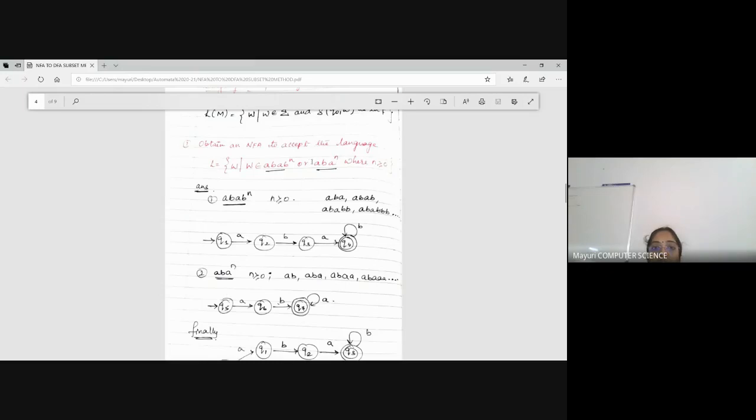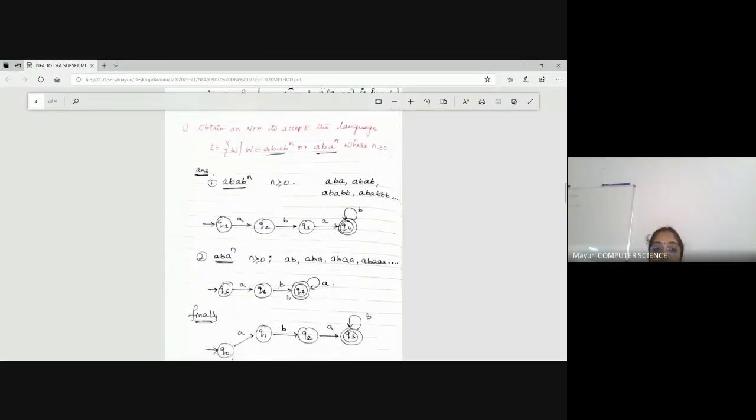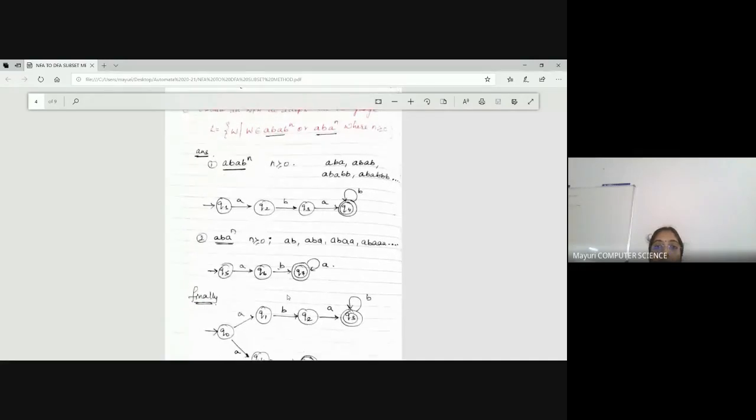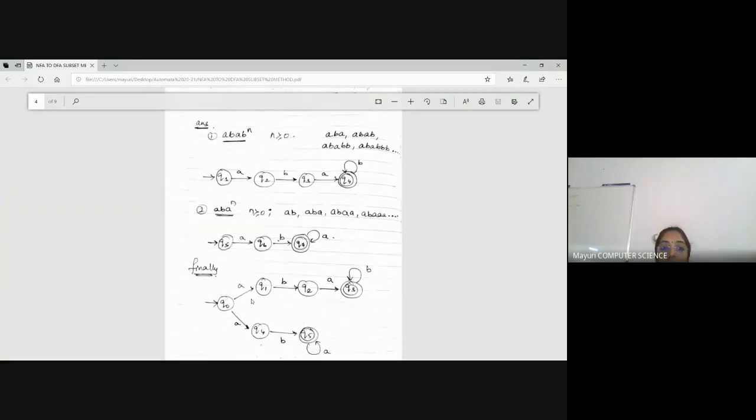Okay. What is next? AB A power n. So this is the representation. Now I have to combine. Either this may be acceptable or this may be acceptable, right? If it is telling R, since it's NDFSM, I can use both in a single finite automata. So I had a state here, Q naught.